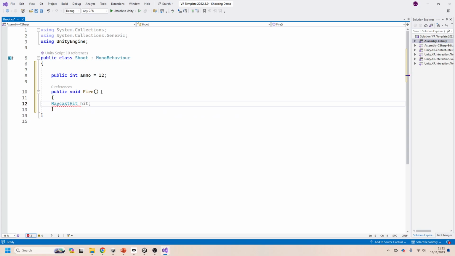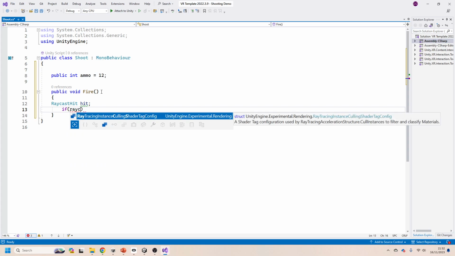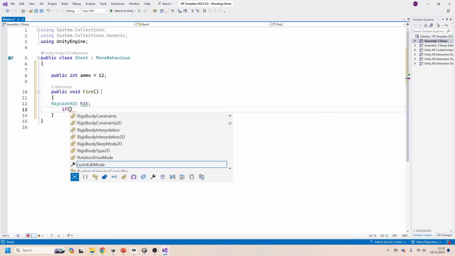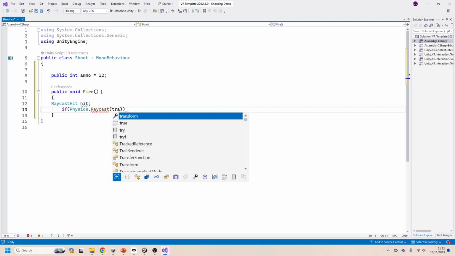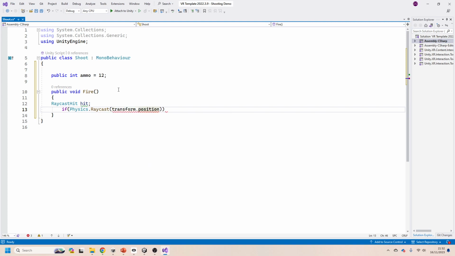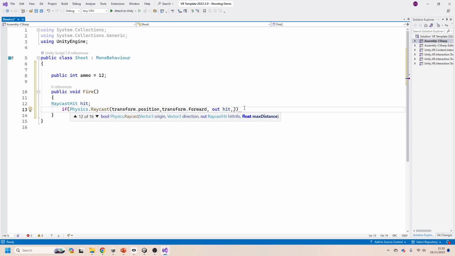I'm going to create a raycast hit, which I'm going to call hit. If physics.raycast, and then we need to pass in the pieces of information we needed to make this work. Physics.raycast transform.position, so starting where we are, the origin is where we are. Transform.forward is the direction we want the gun to shoot. Out hit, we're passing the information into the raycast hit, with a range of whatever the range